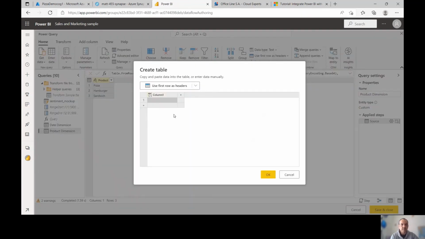Also, the sales data will have one record for each date and product combination, showing the revenue. So I'm having 3 columns: date, key, and revenue. One record for pizza sales on the 4th of January.